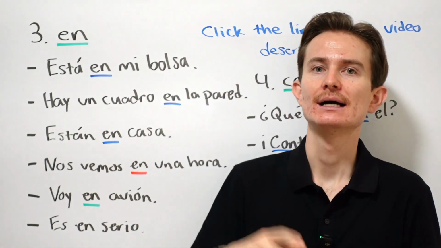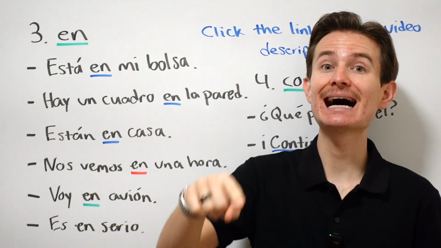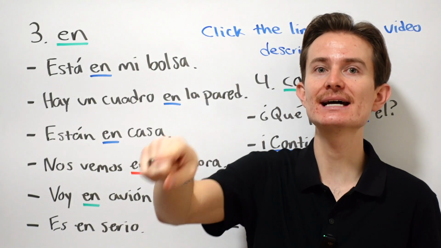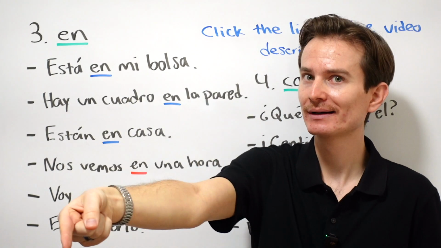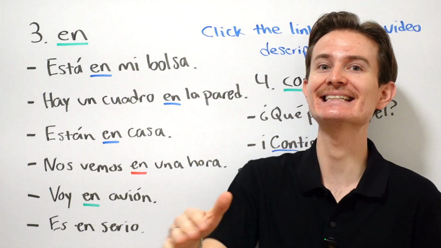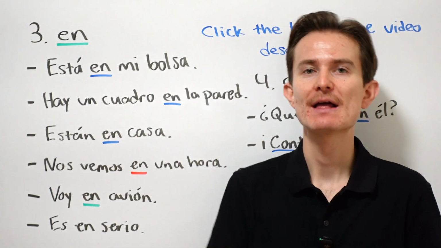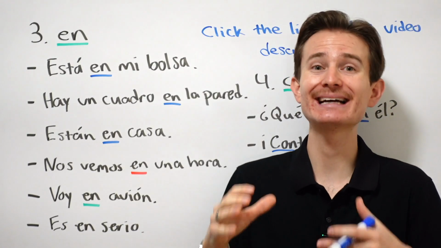So, for example, ¿Dónde está Juan? Está ahí adentro. He's there inside of that building, okay? Él está dentro del edificio. He is inside of the building. The translation there is really subtle. Dentro de, inside of,